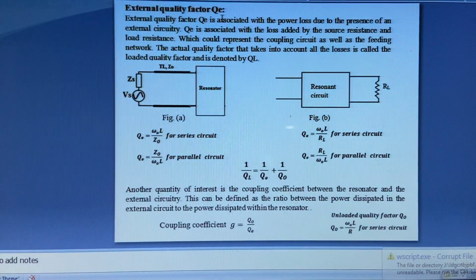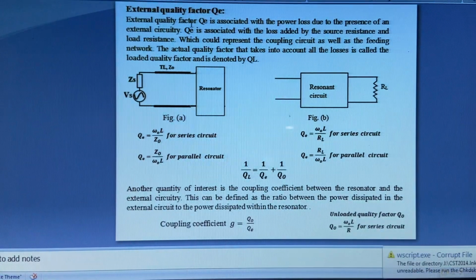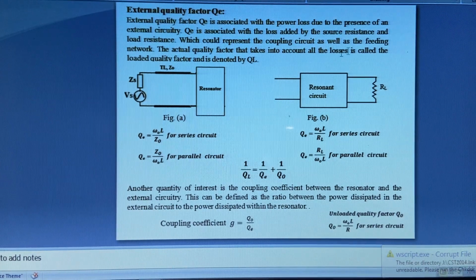External quality factor QE. In the earlier topic, we have discussed the unloaded quality factor and the loaded quality factor. In this topic, we will discuss the external quality factor QE. The external quality factor QE is associated with the power loss due to the presence of an external